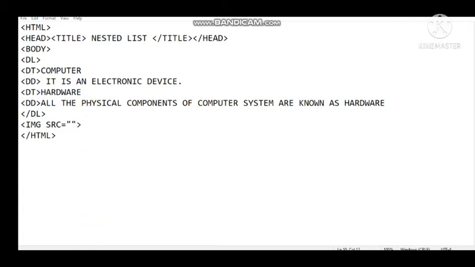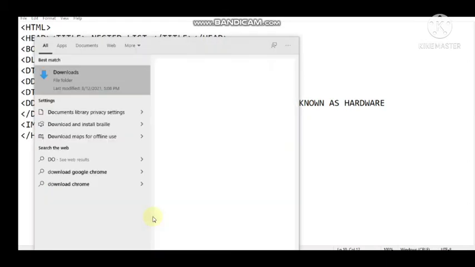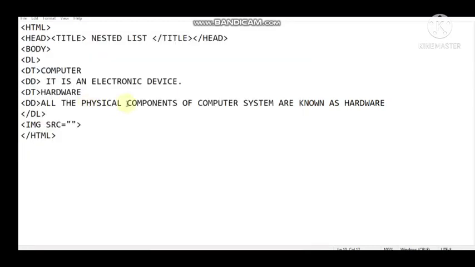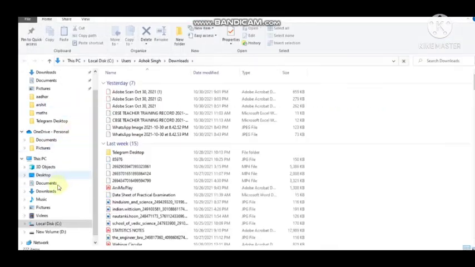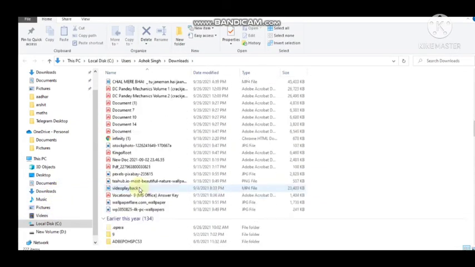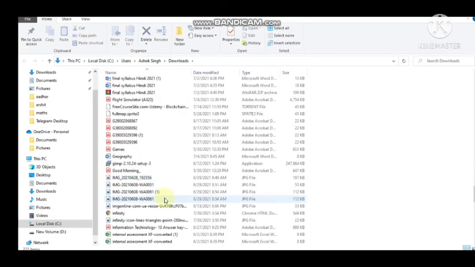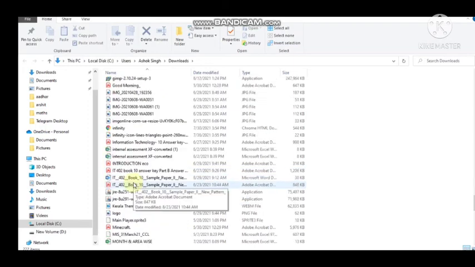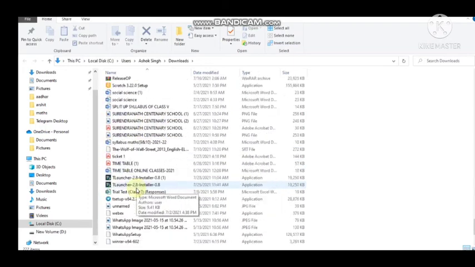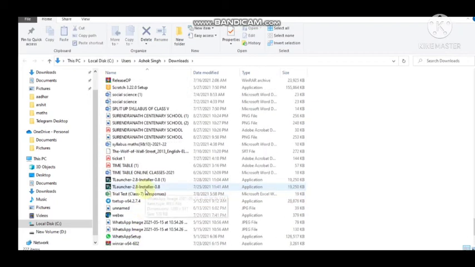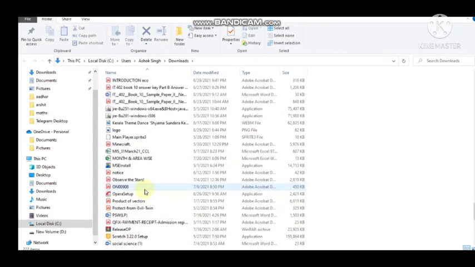Let's search for image. I had some images in downloads, so I'll open it from there. Go to downloads folder. Inside downloads we'll have some images. One folder I had. Suppose this logo.